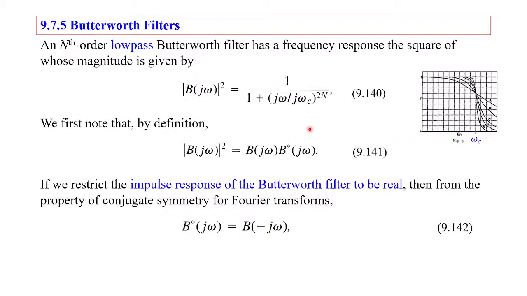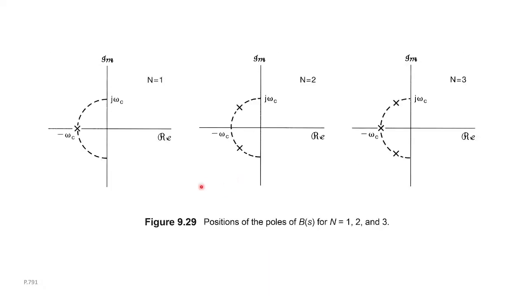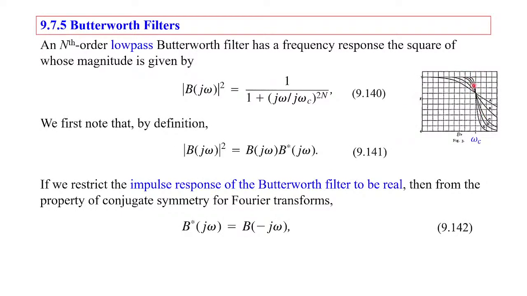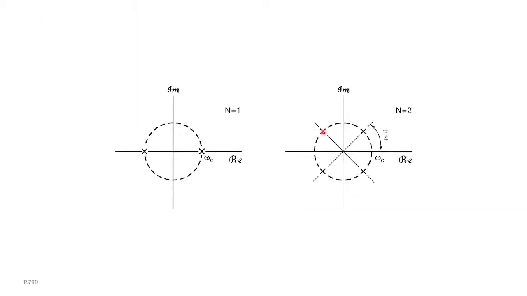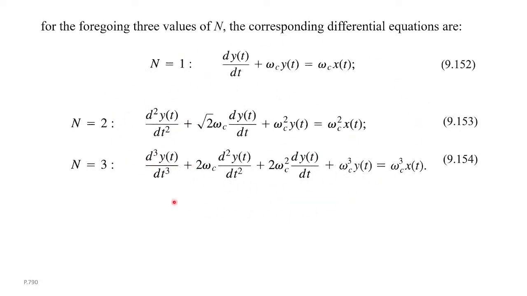So we derived how to construct a filter that looks like this. And you can see, a higher order filter has a sharper transition around your boundary, but it also requires a higher order differential equation, and you can probably guess that this will require a more complicated circuit to construct. So that's kind of a trade-off.